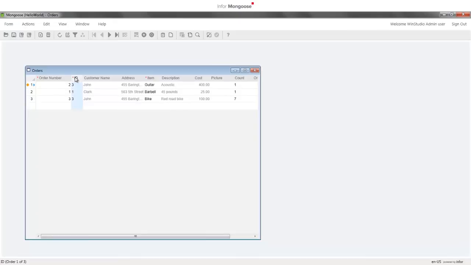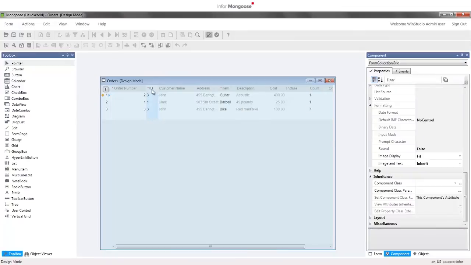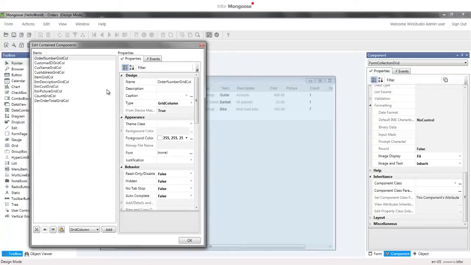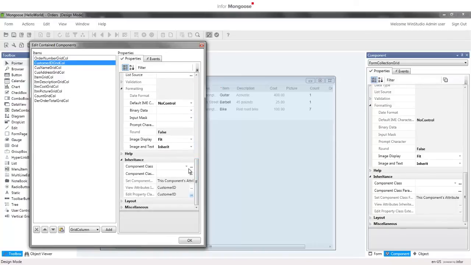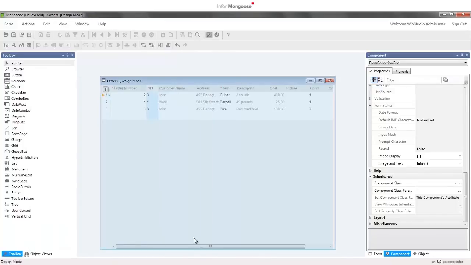Enter Design Mode and select the Customer ID column by selecting the entire grid and clicking on the Edit Grid Columns button in the top left corner of the grid. Select the Customer ID grid column, and just like we did for the Customer ID combo box, under Inheritance, select the Customer ID component class. In the parameters field below that, again type cusName, space, cusAddress. Click OK, save,